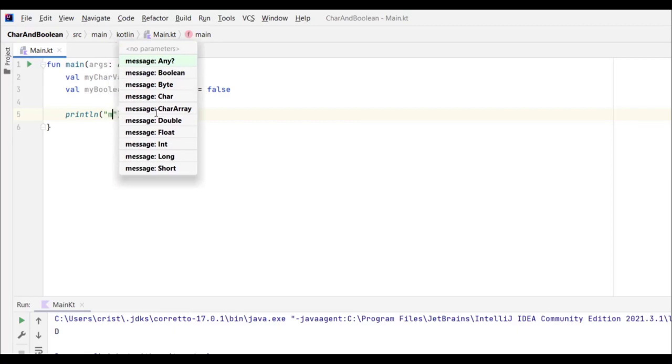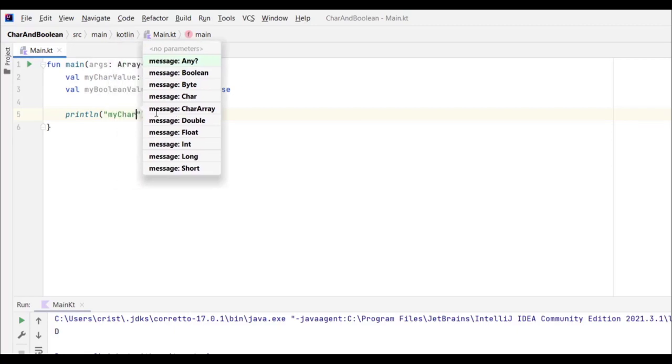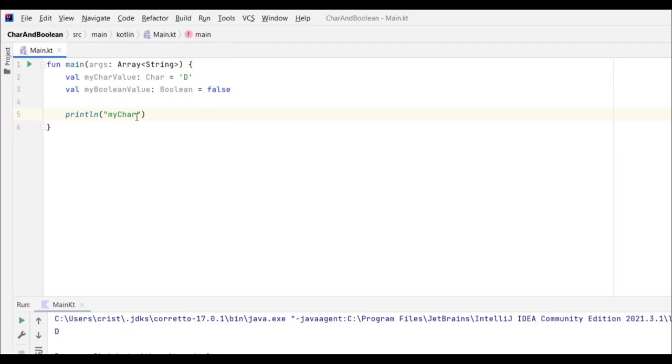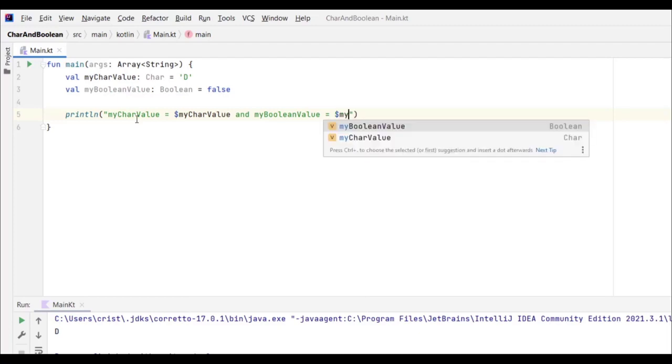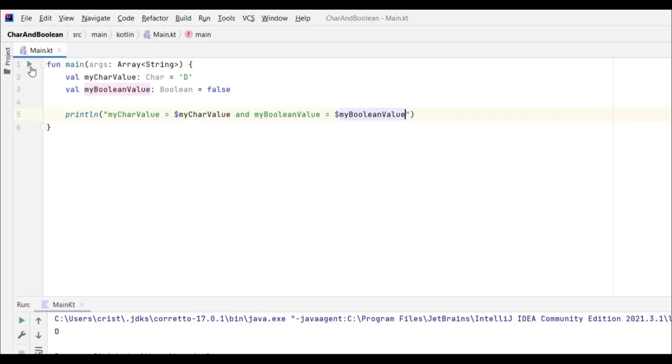I'm gonna type my char value equals $sign my char value, and let's type the name here, my Boolean value equals, and let's put here the $sign my Boolean value. Now if you run this code,